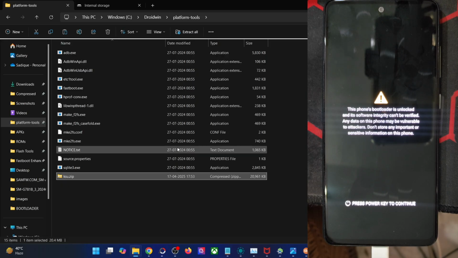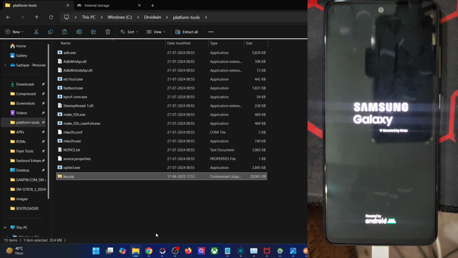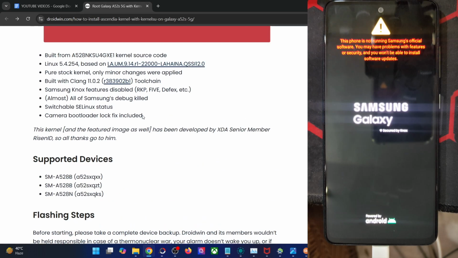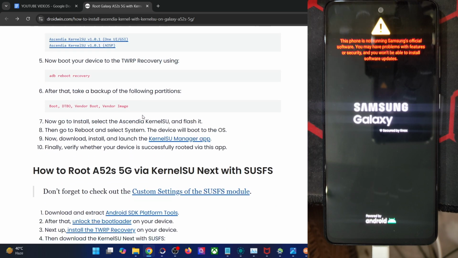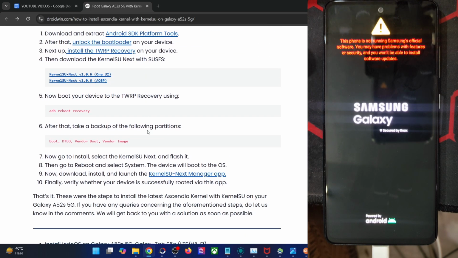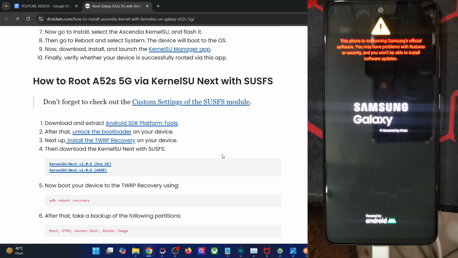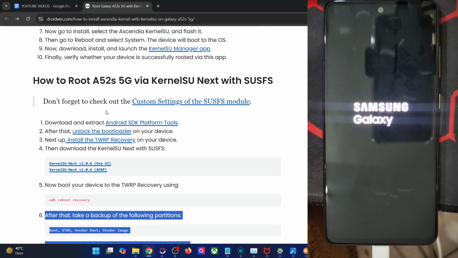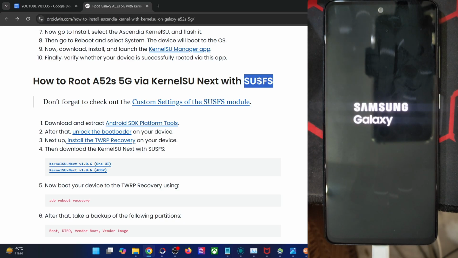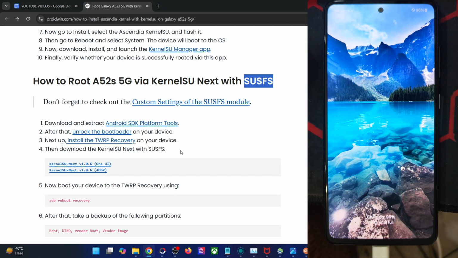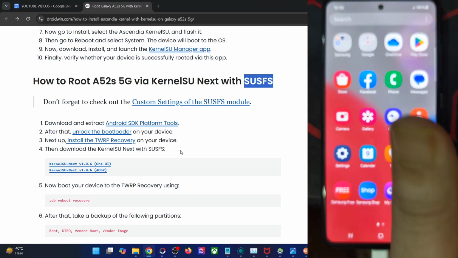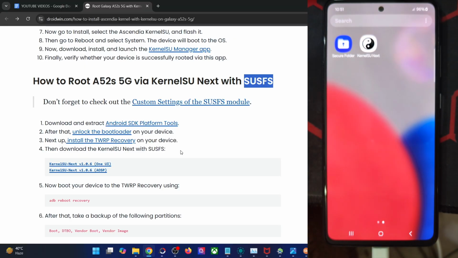And I will link the KSU module on my guide as well, on how to use that. It's quite easy steps, nothing fancy as such is involved. So I will show you that as well in the video, and I will link the steps on my guide once again. If you only want to root via the KSU Next, then the steps are done over here. But if you want to install the SUSFS module, which is for most of you the main requirement, then you have to download the module from GitHub and flash the module by KSU Next app, which we have done right now. And now let's launch the app from here, KSU Next app.